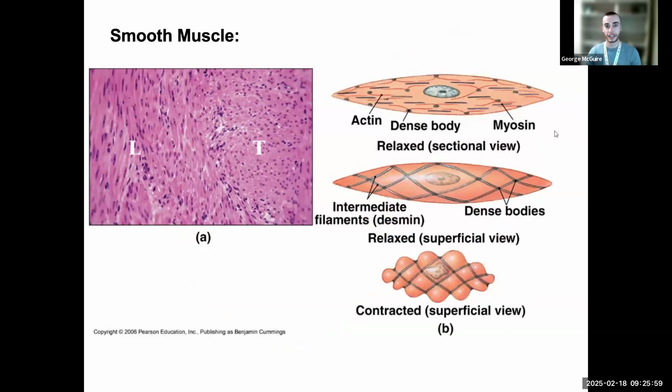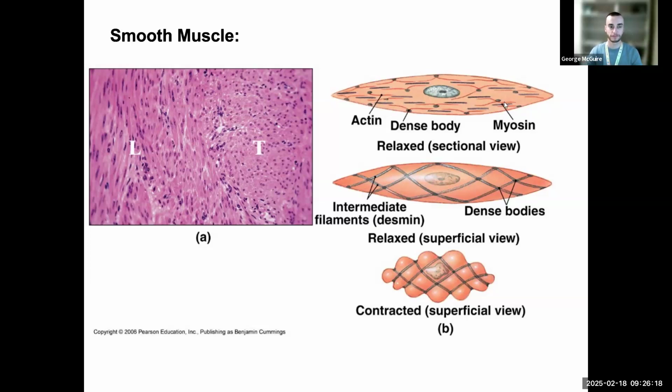Smooth muscle, however, gets really funky looking. So rather than pulling in this linear way that we were thinking about with skeletal muscles, we still have thick and thin filaments. We have myosin and actin that are going to pull on each other, but they are kind of distributed unevenly